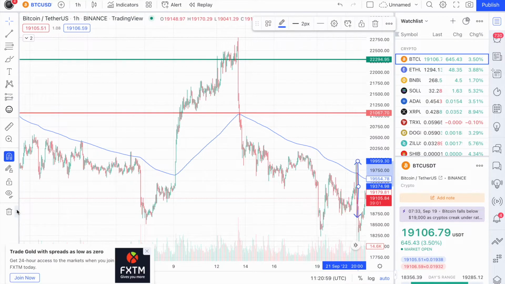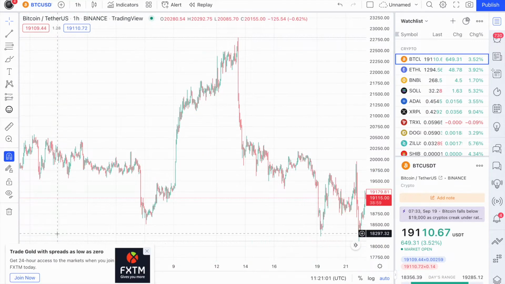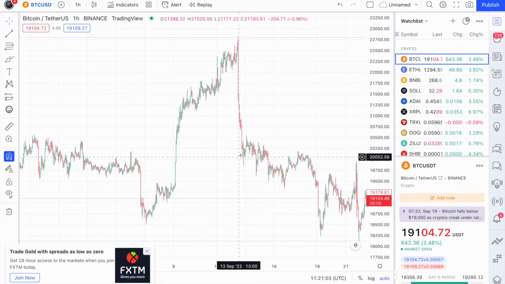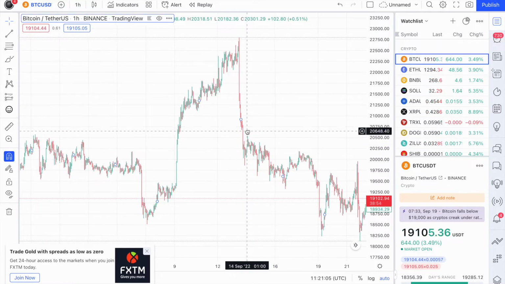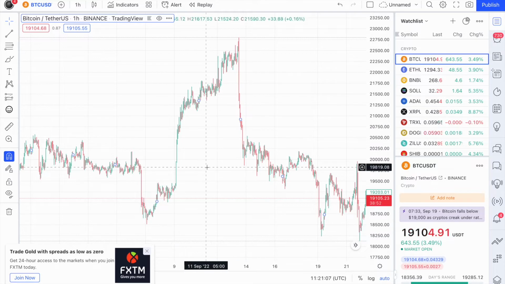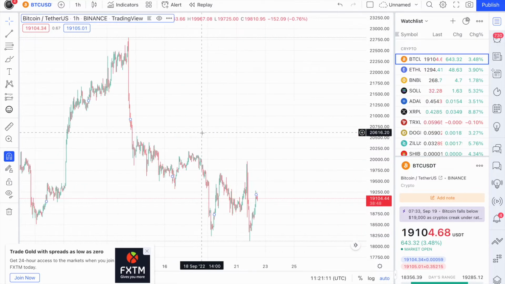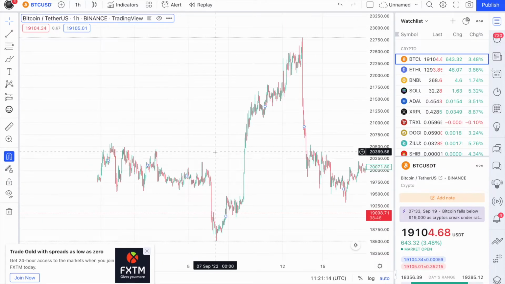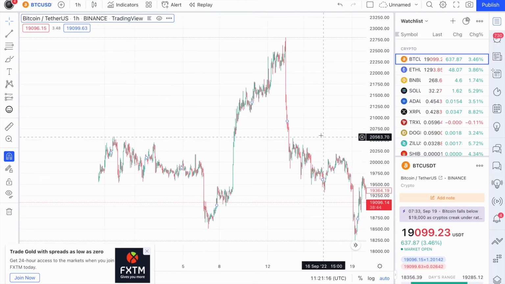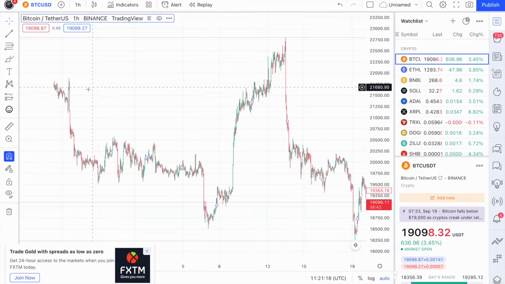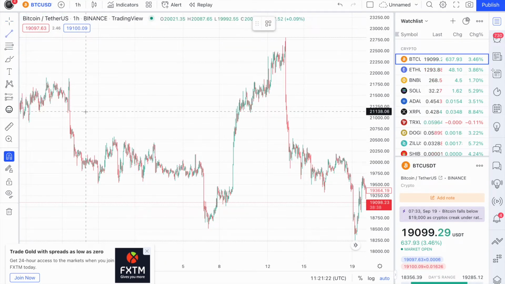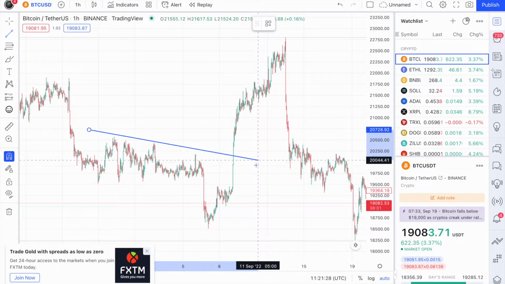I have to remove all the drawings I had prior. So now we talked about adjusting. Now I've done the adjustment. Secondly, we have to do what? Draw out the obvious levels. Let me start with the trend line. We have to experiment with the trend line, trend channel, then support and resistance. Starting with the trend line,